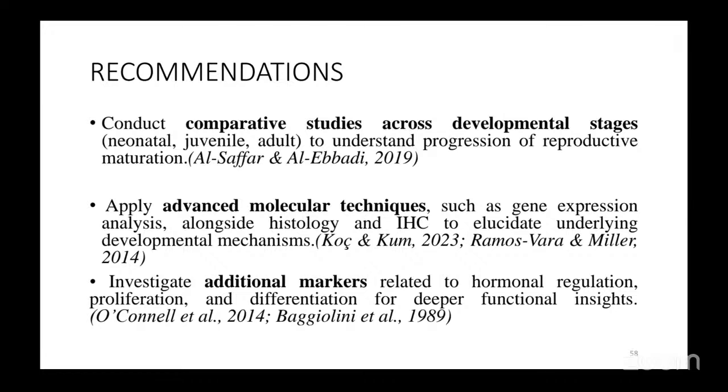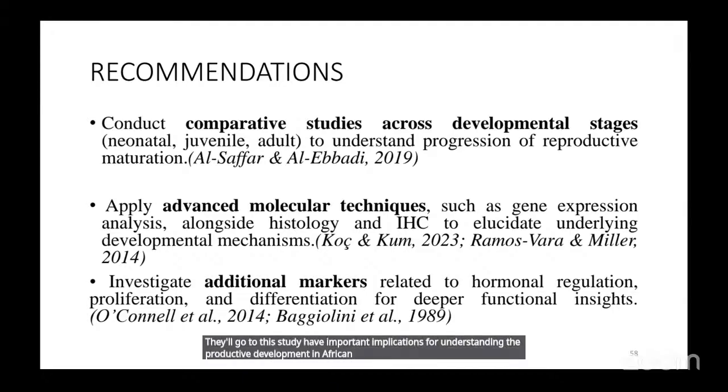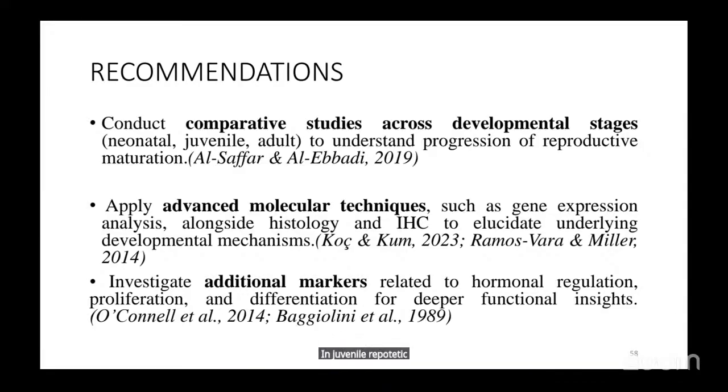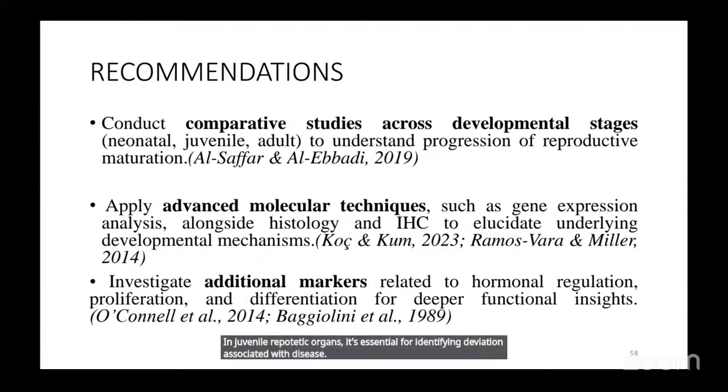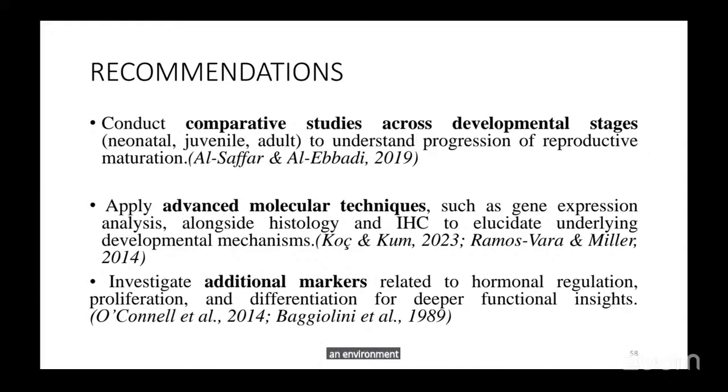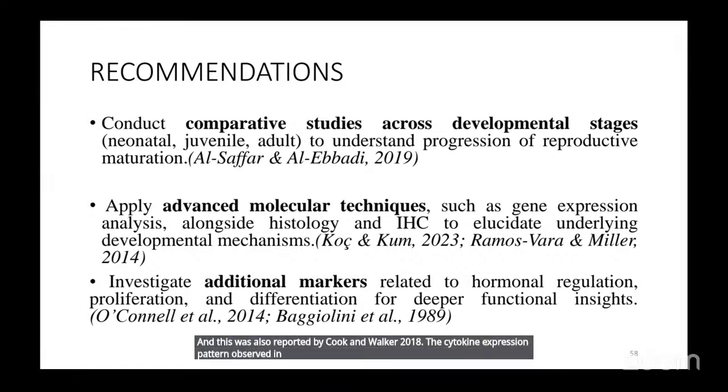The results of this study have important implications for understanding reproductive development in African greater cane rats. Establishing a baseline immunohistochemical profile for S100, interleukin 6, interleukin 8, calcium 125, and S100 in juvenile reproductive organs is essential for identifying deviation associated with disease and environmental exposure. This was also reported by Cook and Walker 2018. The cytokine expression pattern observed in this study provides insight into the inflammatory